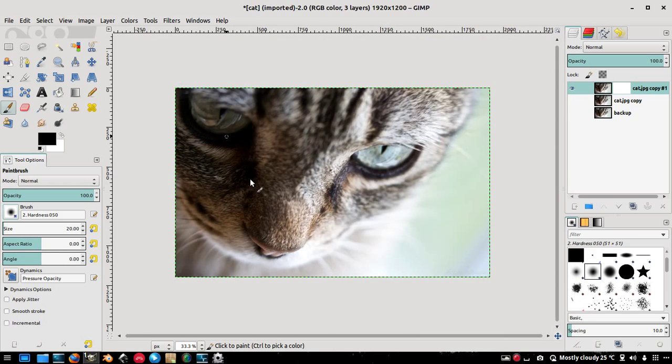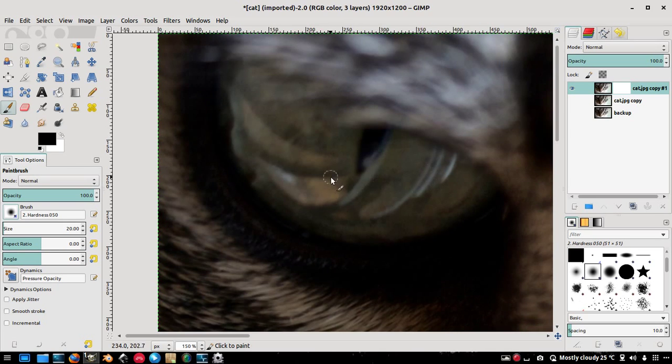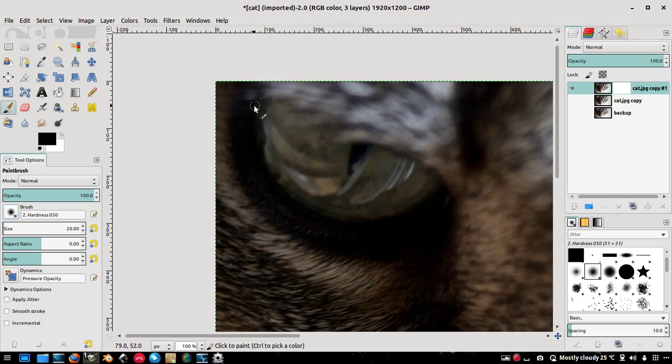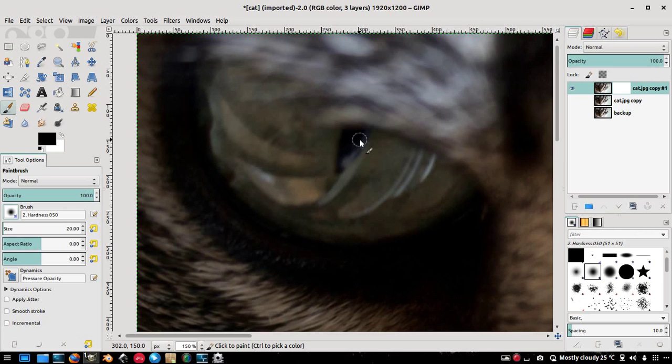So I'll just use my control and scroll up, and I'll zoom up the eye of the cat, and what I'm gonna do is just paint around this eye